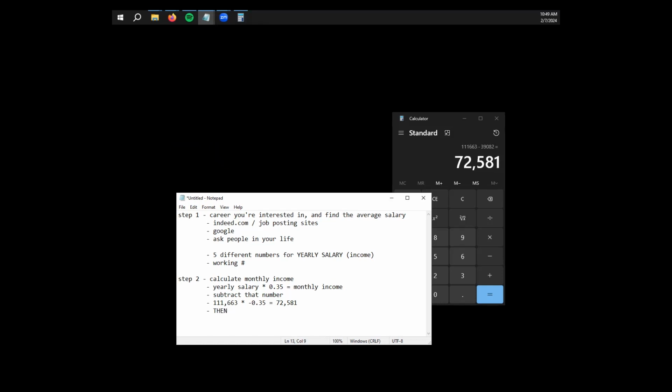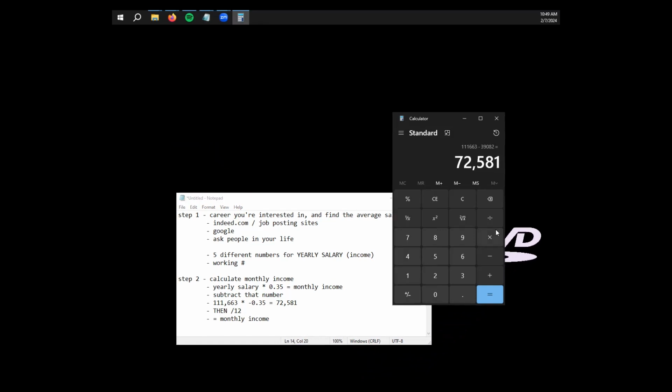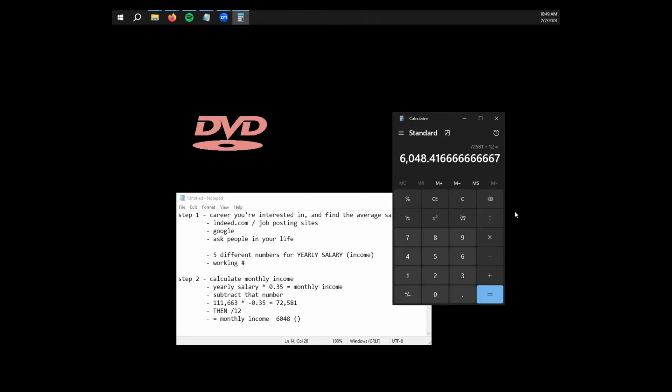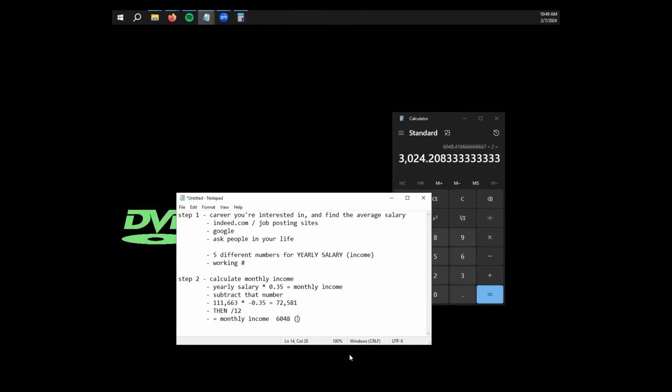So then we divide by 12. Hi, good morning. Then we divide by 12, and that's going to give us our more accurate monthly income. So in this case, I'm going to take that 72,000. I'm going to divide that by 12 to get about $6,000 per month, which I'm just going to write down here, for example's sake, 6,048 per month. That's if you get paid once a month. And if you get paid twice a month, you're going to divide this number again by 2 to get what you would get about every 2 weeks,